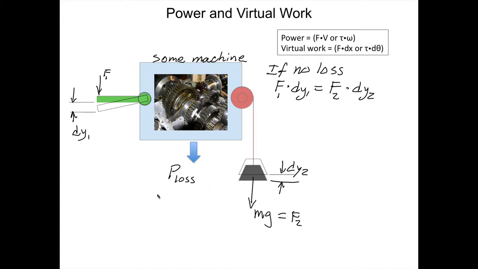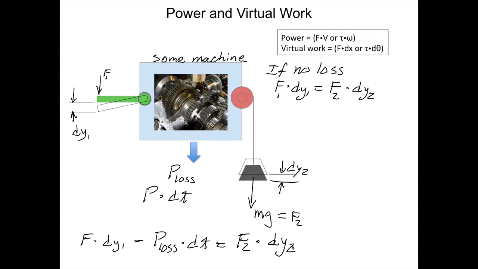So it would either be power, or if we're talking about virtual work, it'll be power times some small amount of time dt. So in the more general case, we would say F1 times dy1 minus power loss times dt is equal to F2 times dy2. And this, in one slide, basically captures a lot of what we're going to be covering in this